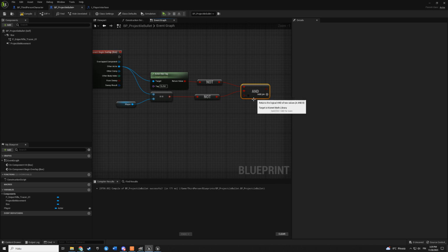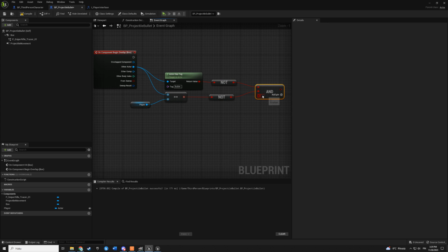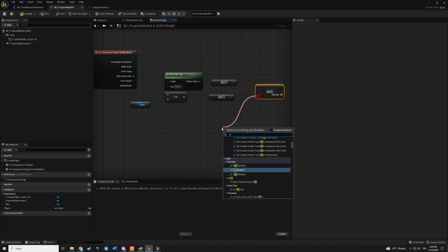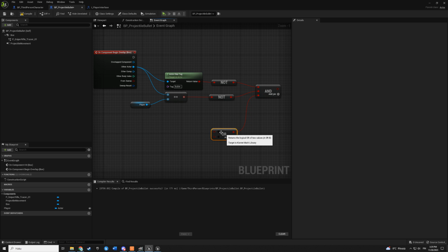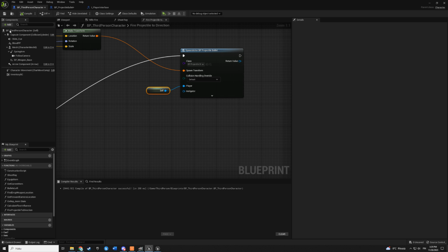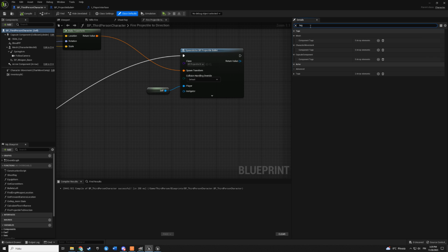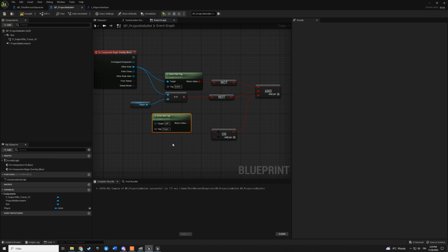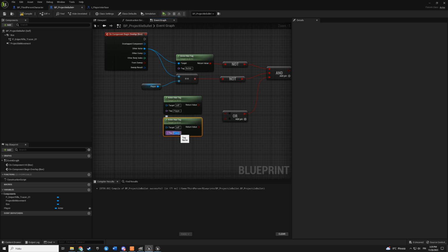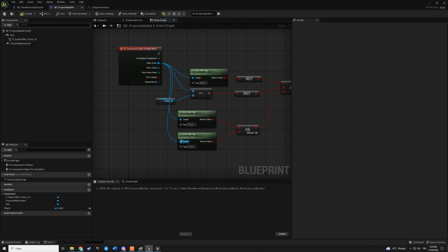Then we need to make a new input here and call it boolean. And duplicate that and call that player tag because we have that tag in our player here. Make sure it is spelled correctly. And then you can duplicate it for enemy. Later on, of course, you have enemies and those can have an enemy tag. Then just connect those.